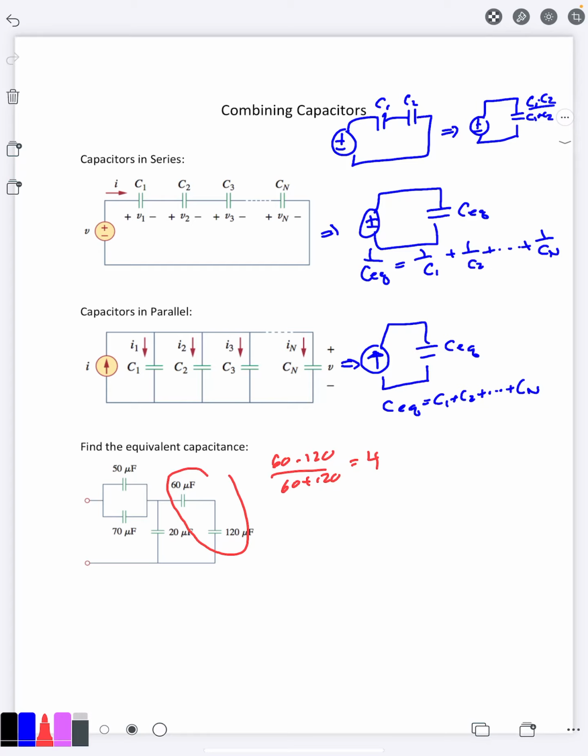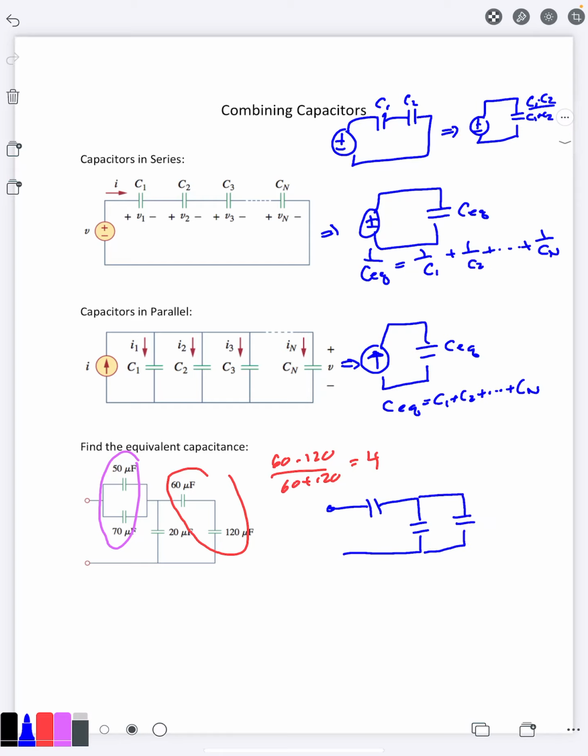It's going to work out to be 4 there. On the other hand, I also have a 50 and a 70 in parallel, so you're going to add those up. So if I go ahead and perform those two tasks here,